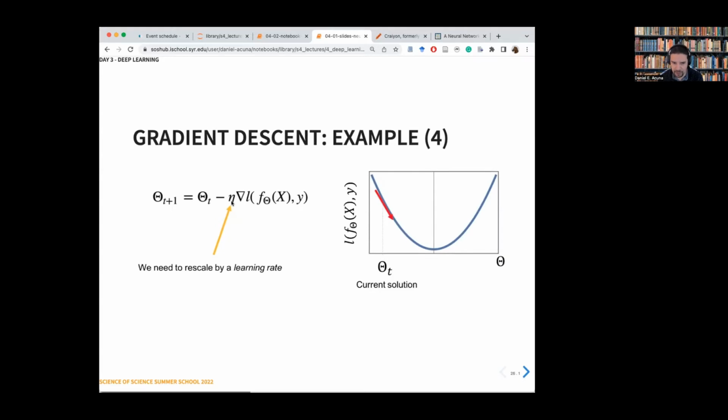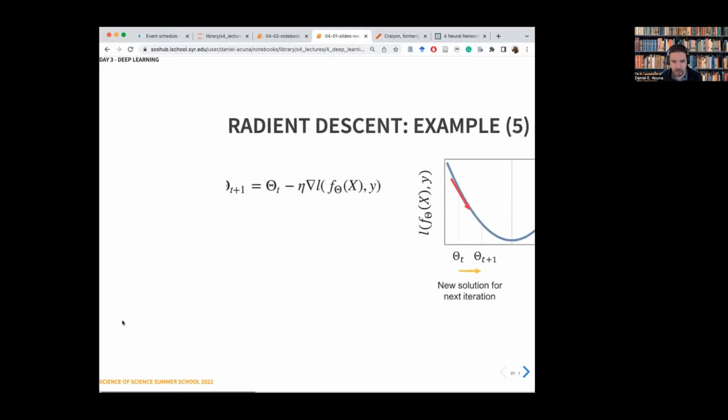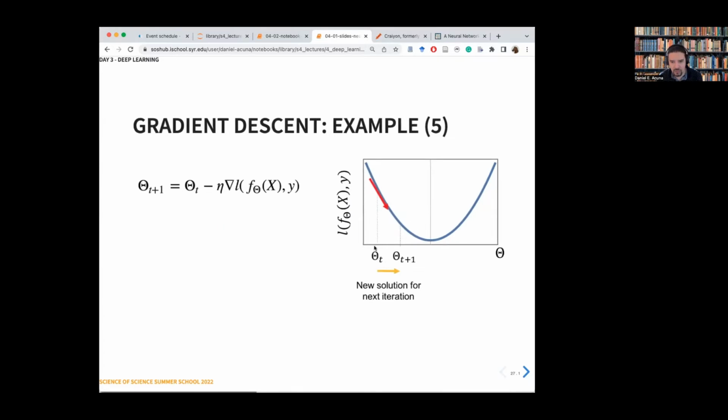And then you have some learning rate. If this is bigger or smaller, it's how fast or how slow your algorithm converges. There are multiple issues with that and multiple optimizations that you can do. I would say these days you don't need to worry too much about those issues because there are very sophisticated optimizers. And once you find the gradient, your next solution is going to move in the right direction. So this is an example of what will be your next solution. And as you can see, the loss that you incur with this solution is smaller than the loss you have here. That's the basic idea of how you train a neural network.